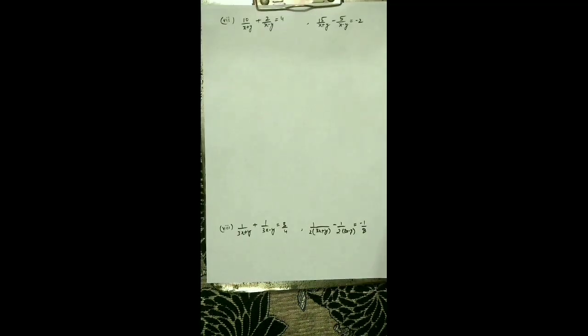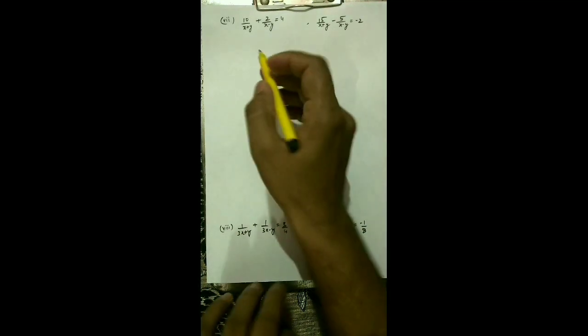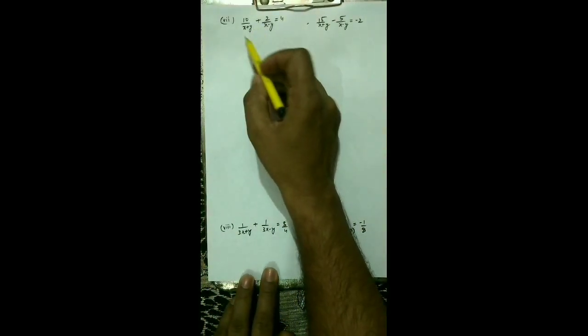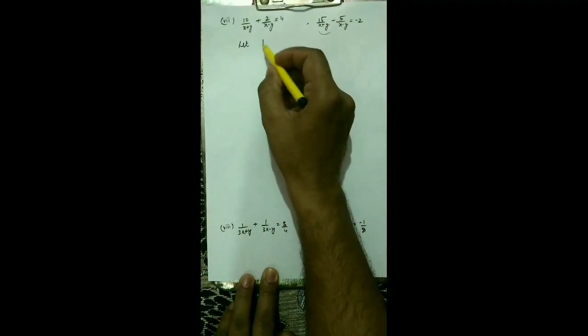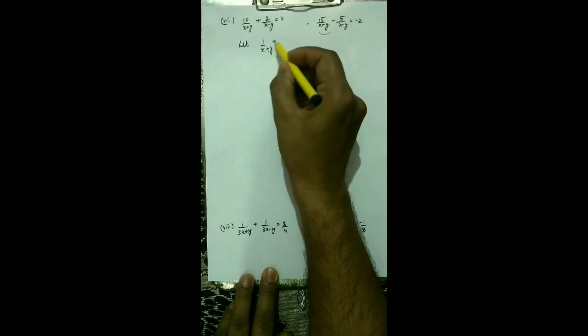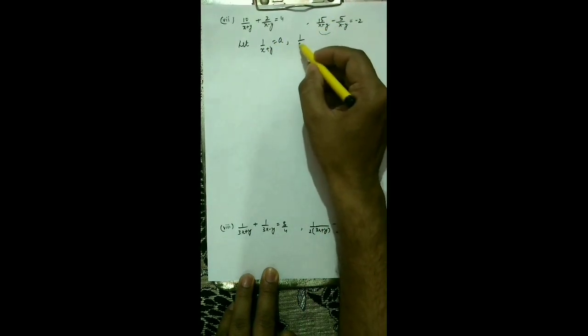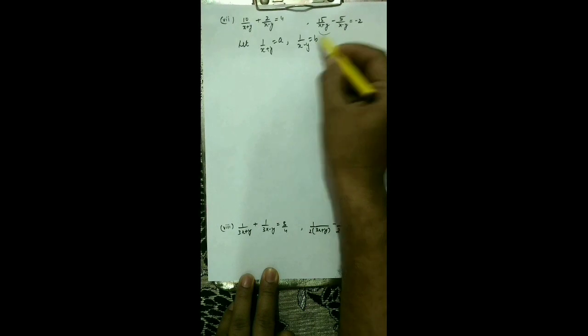Now these two questions, 7th and 8th part, are of a similar type. I am doing the 7th part for you, solving the complete one, and for the 8th I'm going to give you a hint. You see how to follow that hint and do the 8th question. For this question, you can see x, y, this is x minus y, this is x plus y, this is x minus y. So our answer will start from here, where we assume x plus y is equal to a and 1 upon x minus y is equal to b.